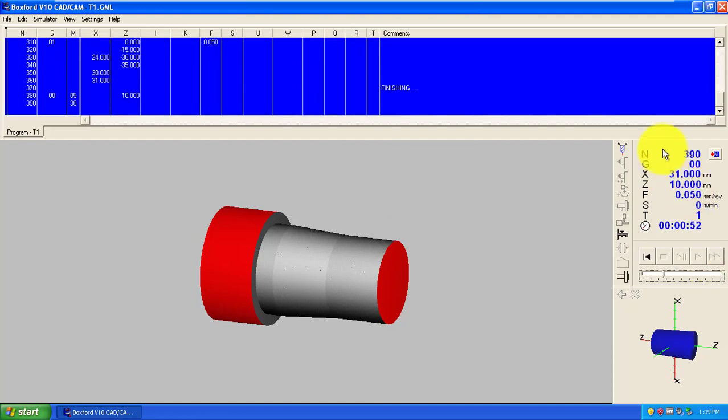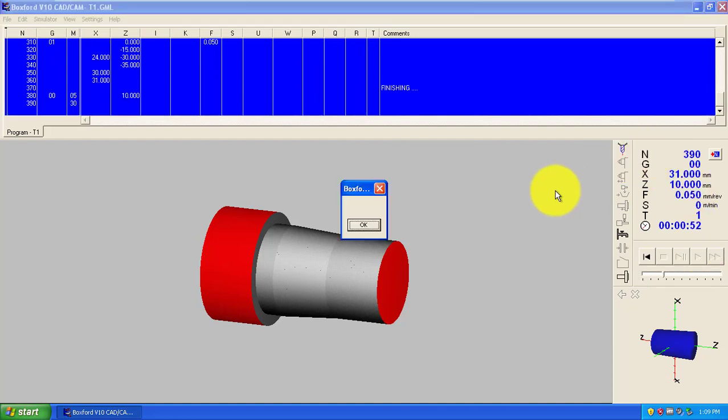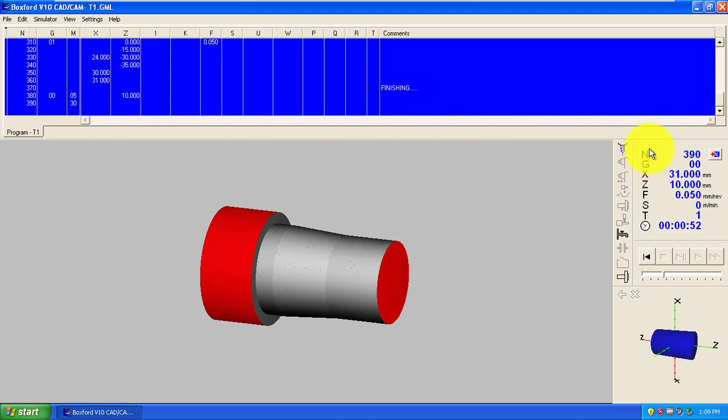It is also telling you the sequence number or number of the NC instruction, the G code, the X, Z, feed rate, spindle, and so on. And this is the time required for manufacturing.